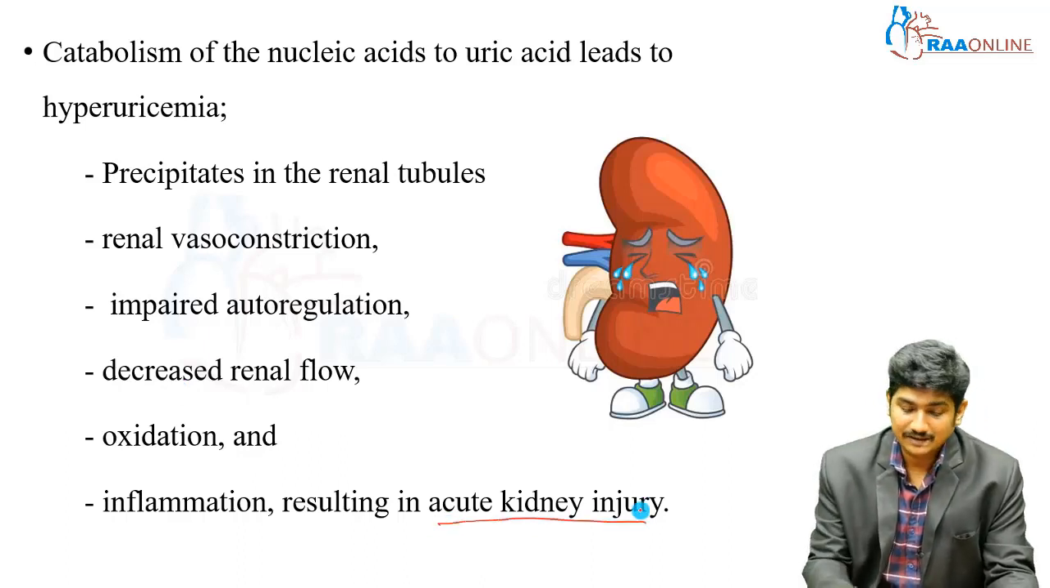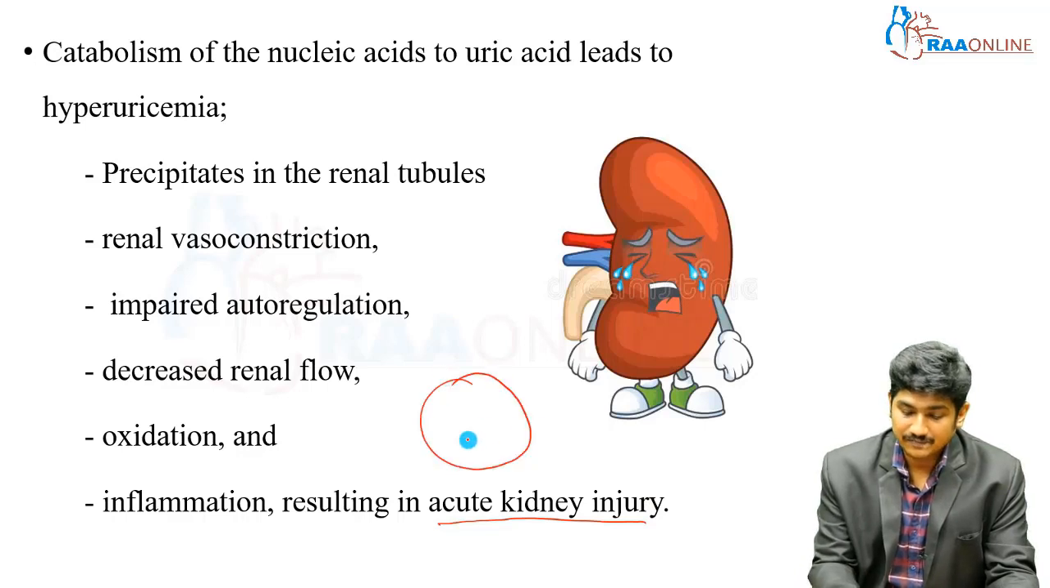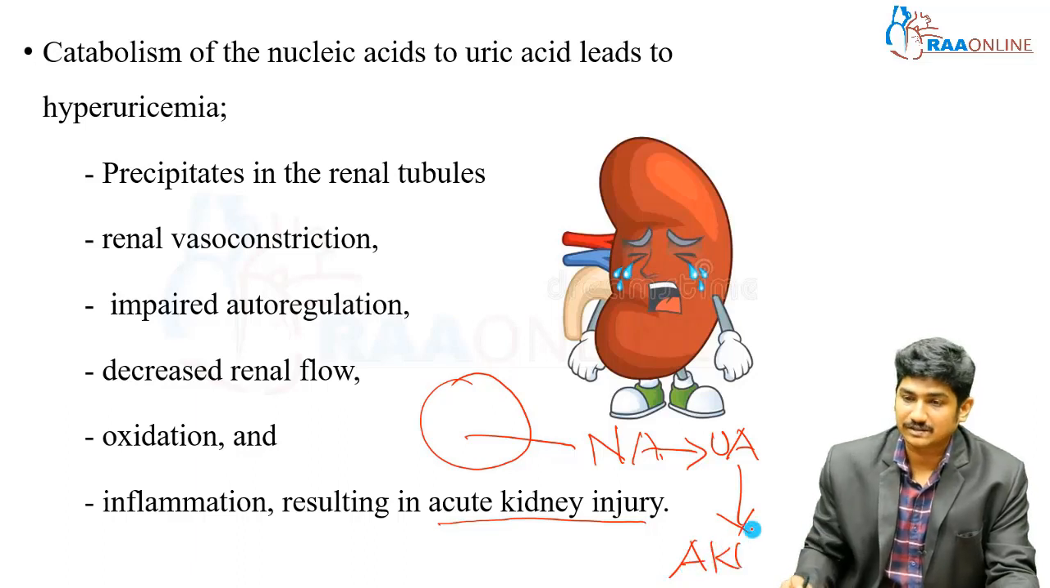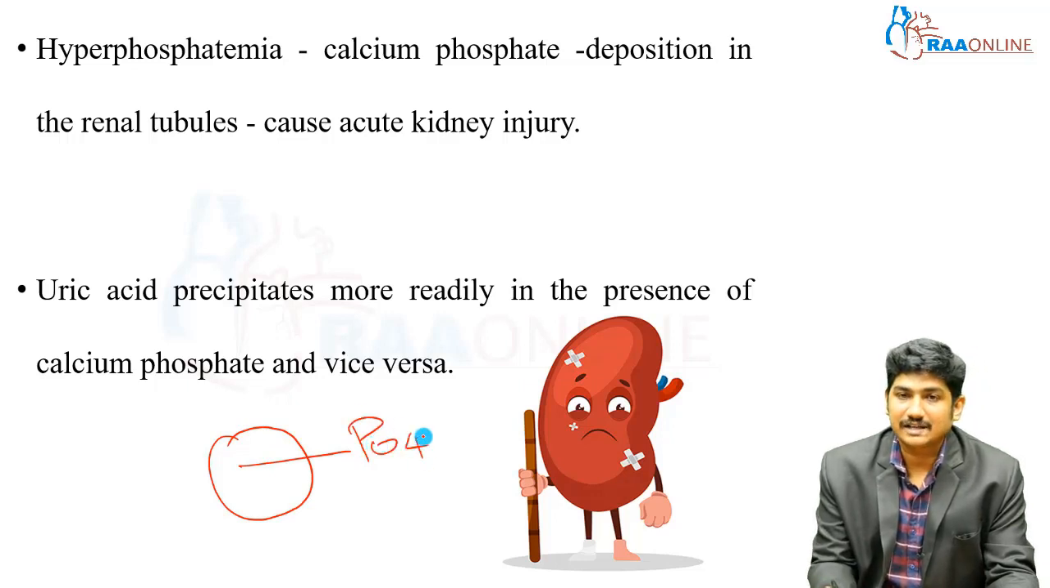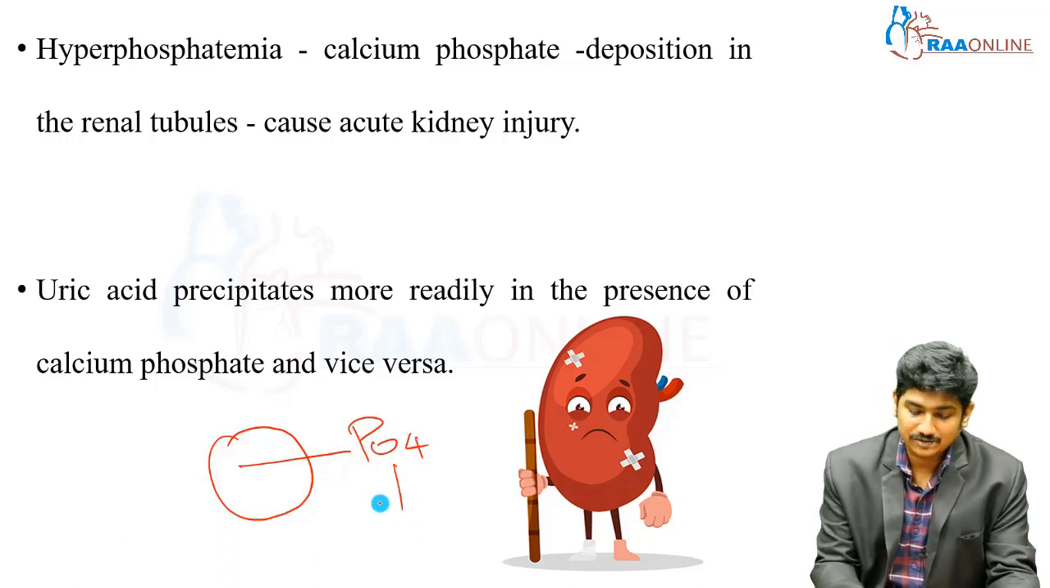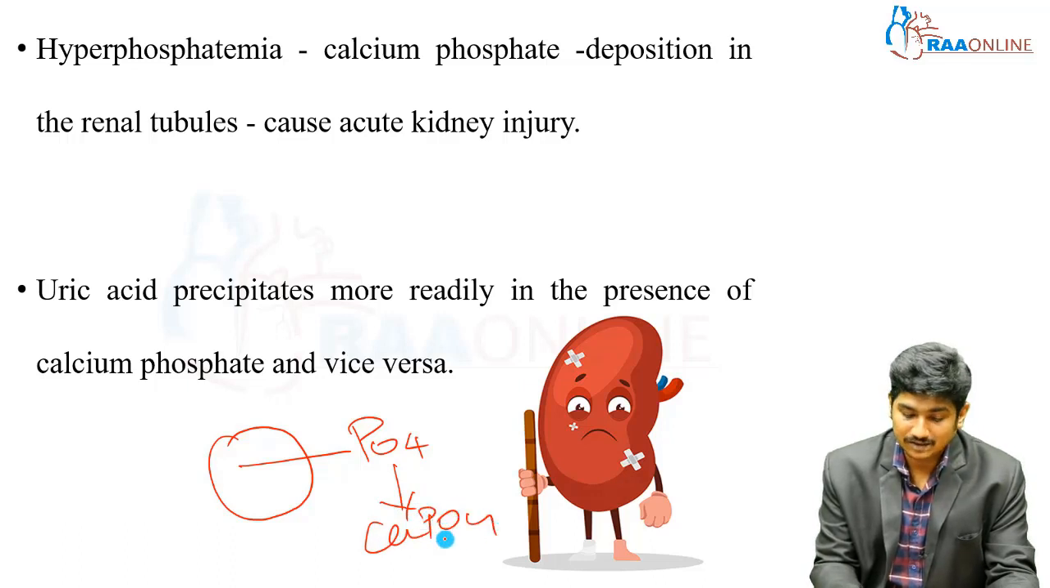What you need to know is when the cell ruptures, the nucleic acid comes out. This nucleic acid by metabolism turns into uric acid. Thus uric acid damages the kidney, causing acute kidney injury. Okay. So now from the same cell, the phosphate comes out. It binds with the calcium, causing calcium phosphate. This calcium phosphate gets deposited in the renal tubules, causing acute